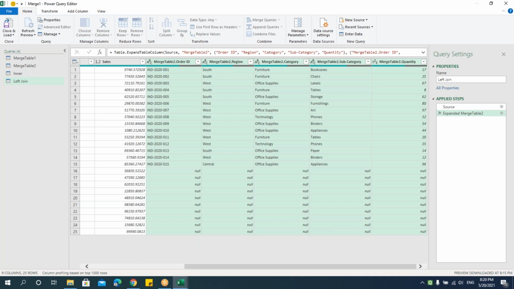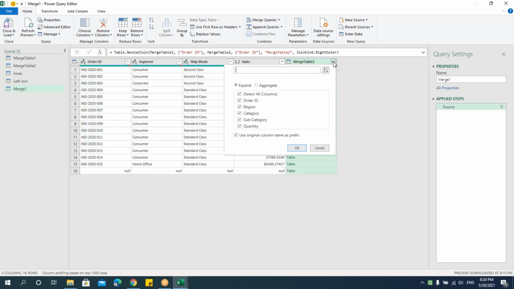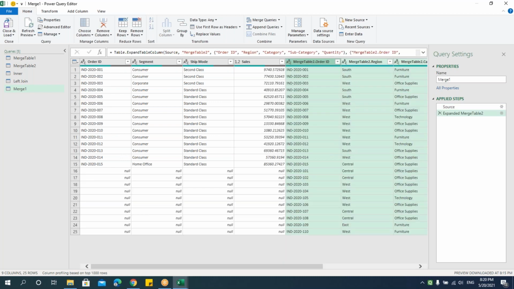Say OK. Now you can see that I'm getting 15 records and here I have one blank record. I'll say merge, go here, say OK. You can see that the 10 records which are not matching will be null in the left table. Let's make it as right join.